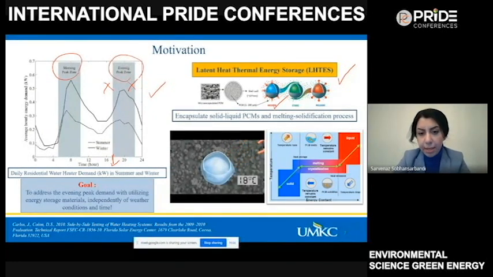So you can assume that if you apply this material within your collector, or normally, we do have a couple of studies that applied it in the storage tank. If you apply this material within your system, once it heats up and does the melting process, and when the temperature drops, it can now heat back your system like a booster unit within your system. So you're not using the electricity or coal